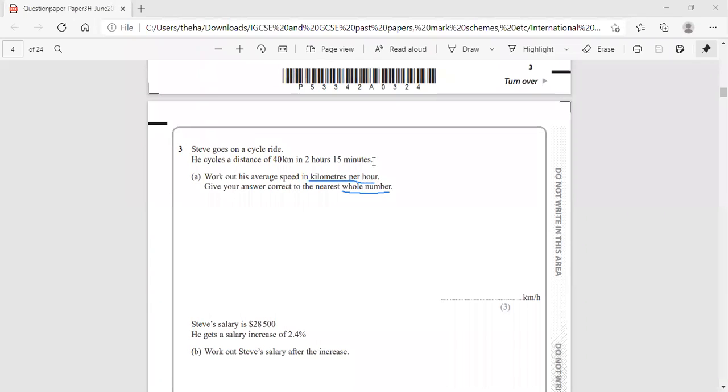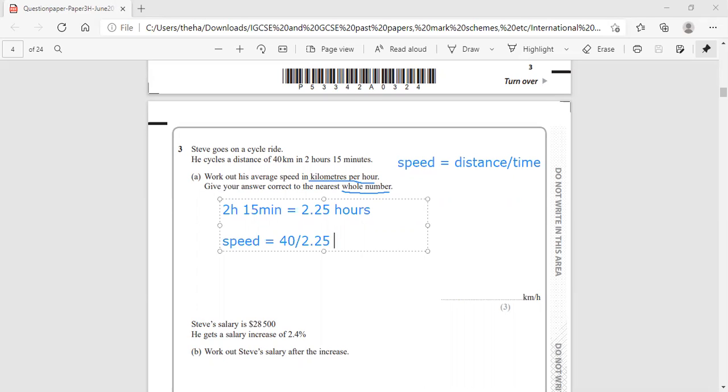So step 1 is we're going to write out the formula. So we should know that speed equals distance divided by time, okay? But we want it in kilometers per hour, and we've got 2 hours and 15 minutes. So what we need to do is put 2 hours 15 min equals 2.25 hours, okay? And once we know that, we can put the numbers into the equation. So we're going to have speed equals distance, which is 40, divided by 2.25, which gives us an answer of